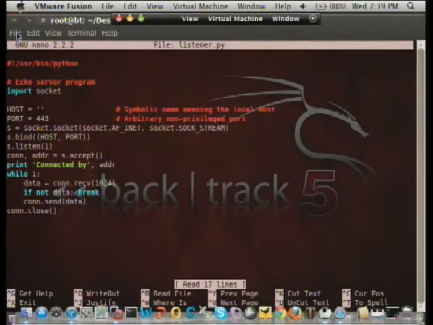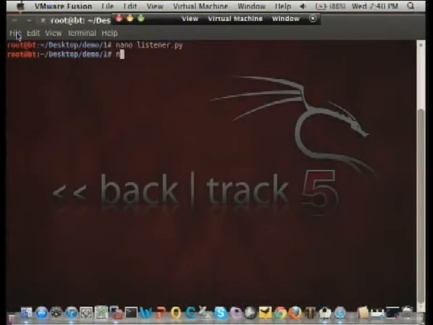We're going to create the socket handler. This is basically saying we're going to create a TCP-based socket that's defined as s. Then we're going to bind s to our local host on port 443, and then we're going to listen for one connection. So when I have one connection in, I'm not going to listen anymore. After that, we'll accept, print connected by, and then we'll have a loop until we have no data left. Once the client has sent me something and there's no more data, we'll break out of this loop and then close the connection. That's it. So if we look at the shell, which isn't a shell yet, but it will be,